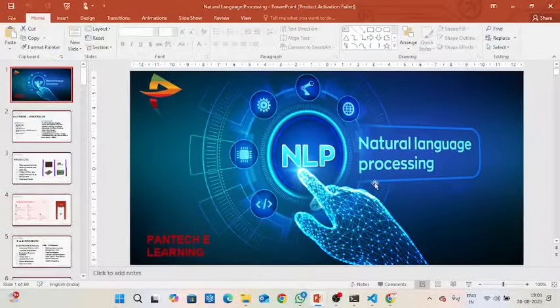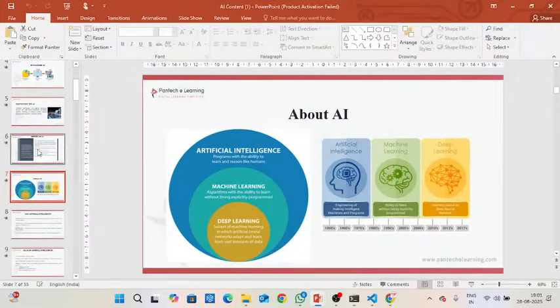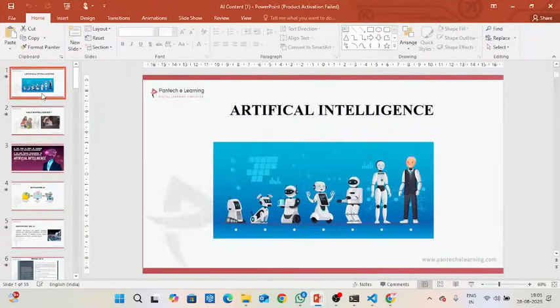Before getting to natural language processing, first we need to know about AI, because natural language processing is a subdomain of AI. So first we will discuss AI and then we will move on to natural language processing. AI, as you all know, means artificial intelligence. Nowadays, AI is the most popular technology compared to any other, because it has more and advanced features. It can do anything, so everyone is preferring to get into the field of AI.